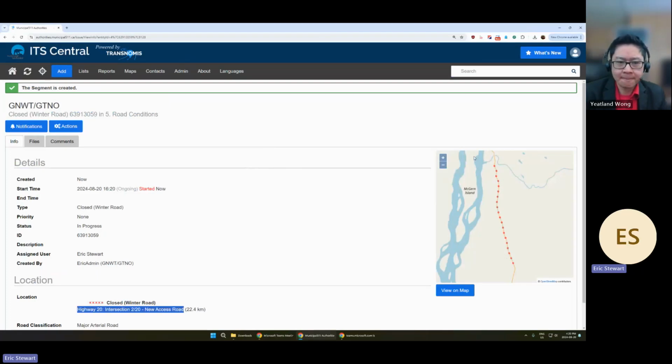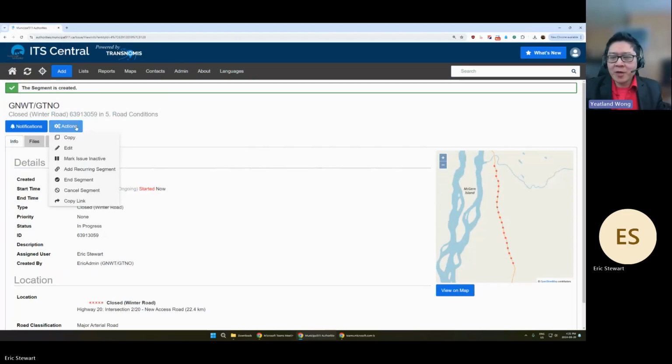The operators are only able to edit their status. So they could change it from open to closed or from all season to winter, but they couldn't delete it, which is nice to prevent any kind of accident from affecting these segments. Speaking of deleting,